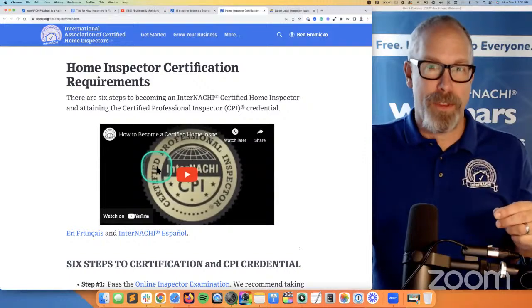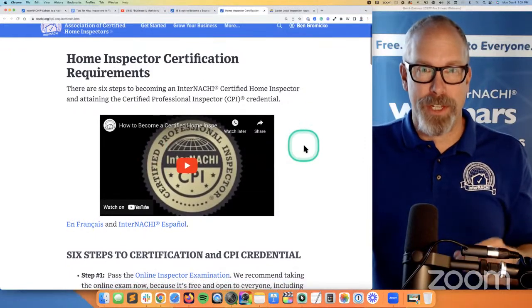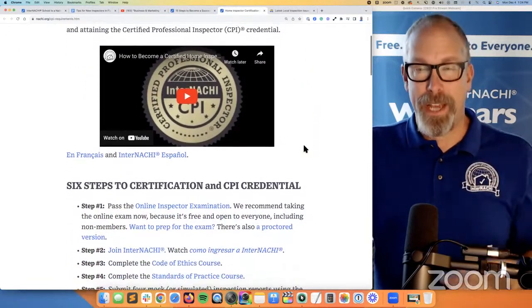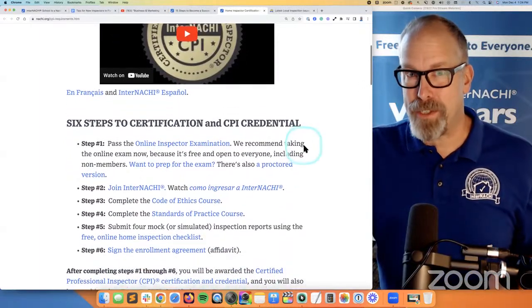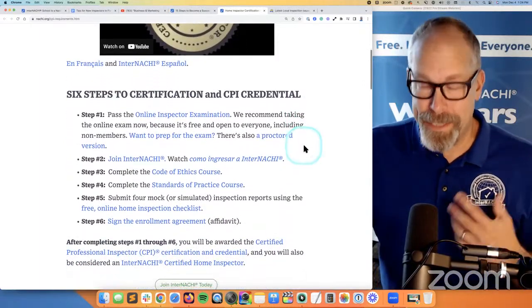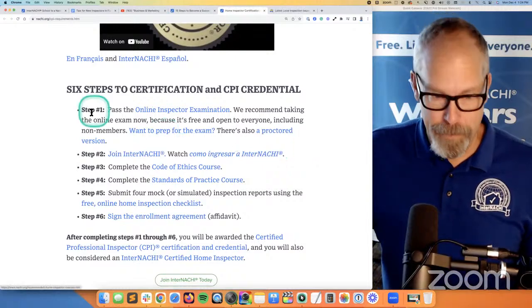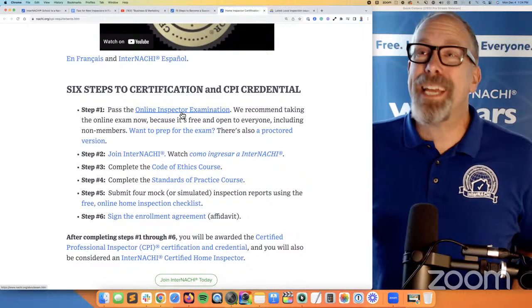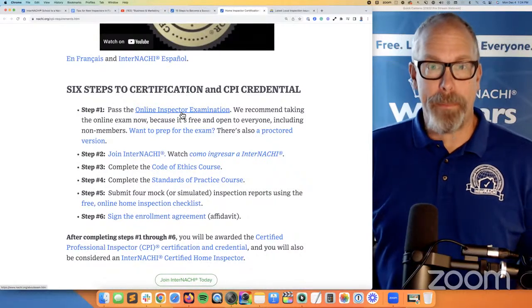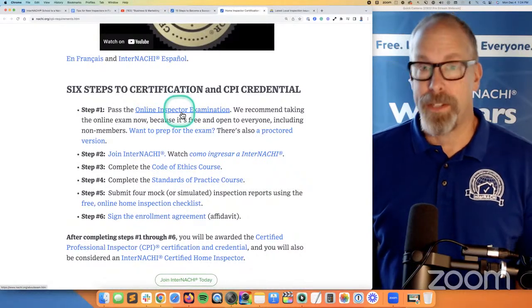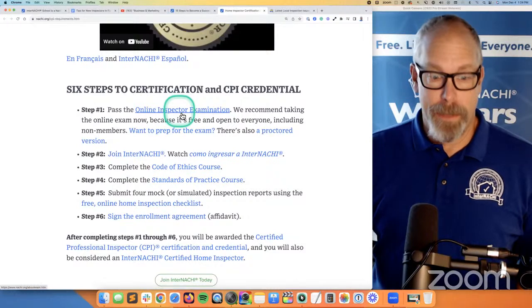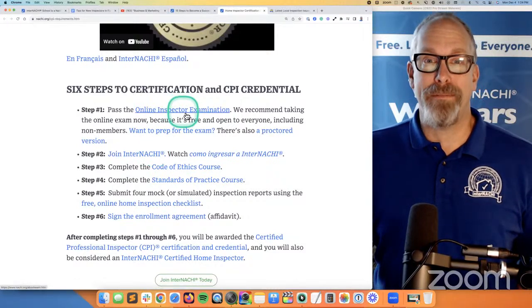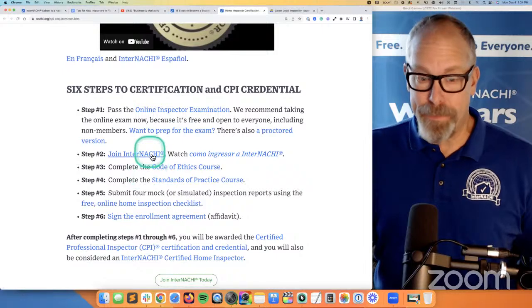We already went through the trust thing, right? And the reasons why you should get certified to become different than just a license holder. There are six steps to become certified. Step 1 is you got to take the online inspector exam. It's free. You can take it as many times as you want. And it's really good prep to take the Florida state exam. So take that one. Step 2, since that's open to everyone, members and non-members alike, step 2 is join InterNACHI,